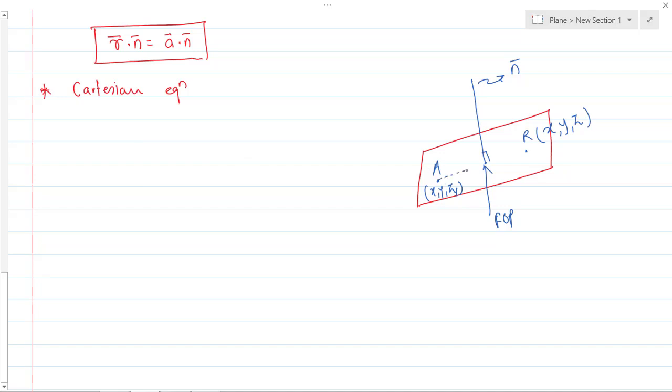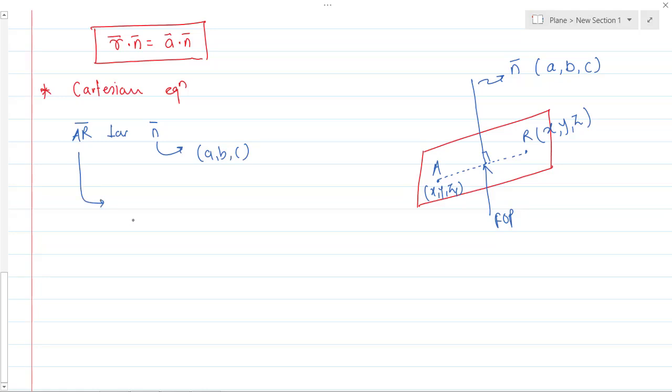Let me use the same principle, same concept there. So AR bar is perpendicular to n bar. Now this is the normal vector, and this normal vector is having the direction ratios as A, B and C. Since this is a vector, it will have direction ratios, which are A, B, C. Now can you get the direction ratio of this AR bar?